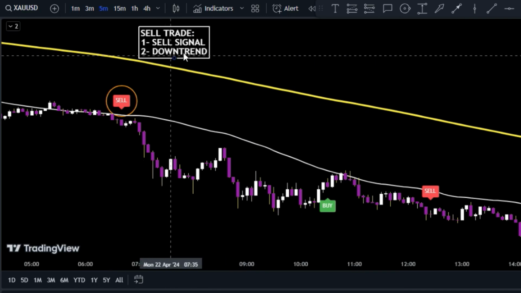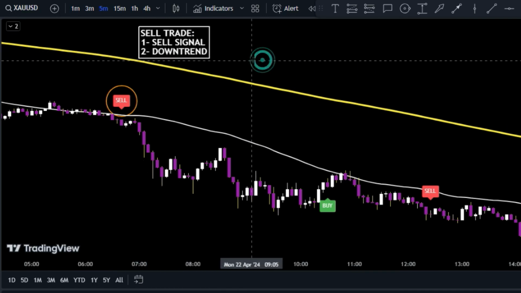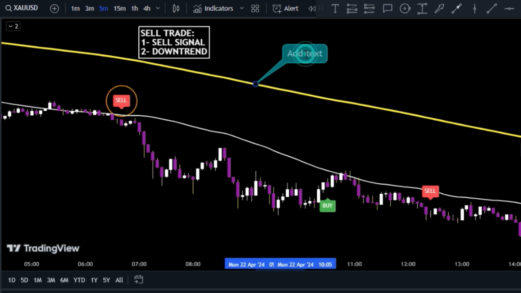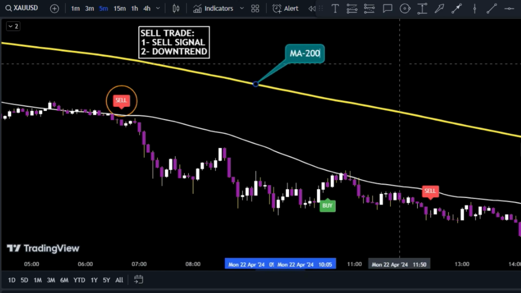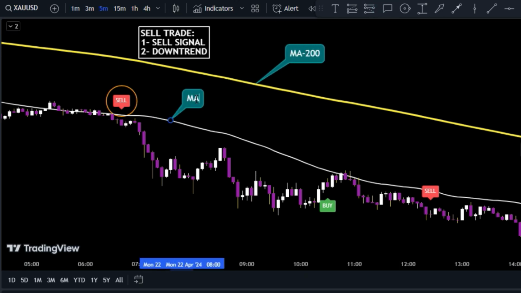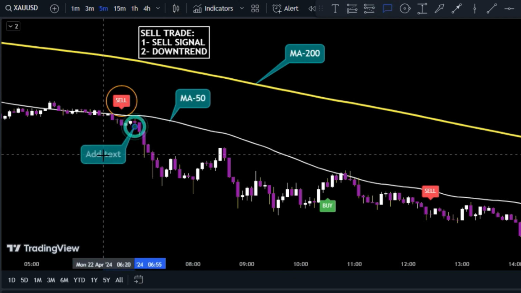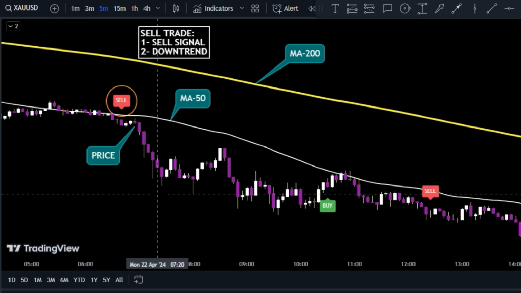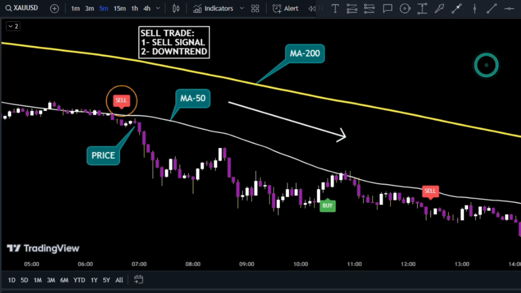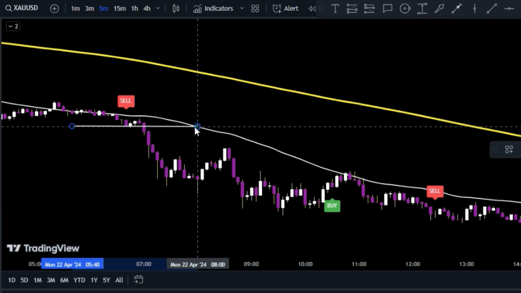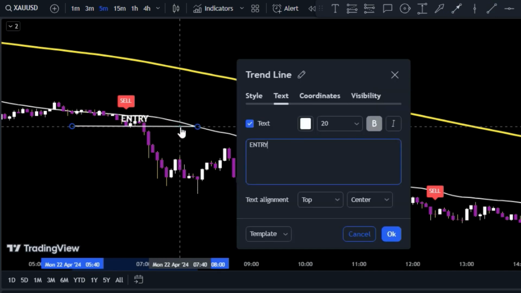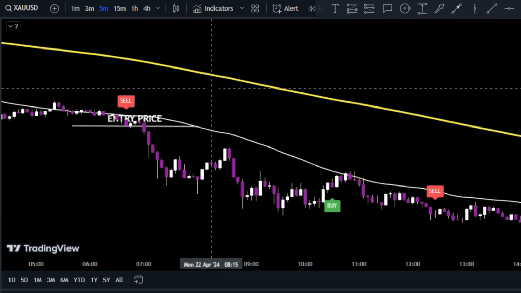As mentioned before, you can do this by examining the relationship between the MA50 and MA200 lines, along with the price. Remember, if the price is trading below the MA lines and the MA50 is below MA200, you're likely dealing with a downtrend. So, once you've confirmed both of these conditions, it's time to go ahead and proceed with your